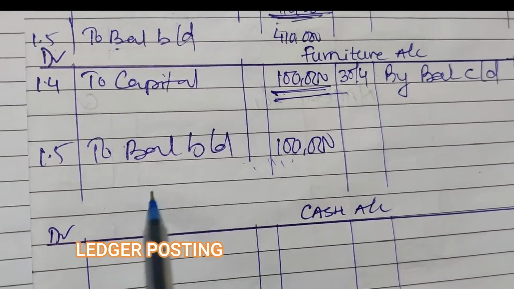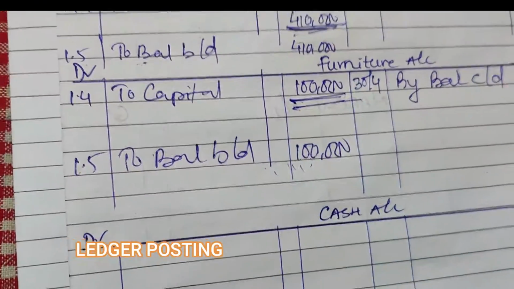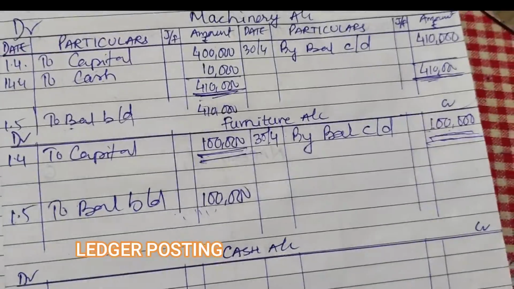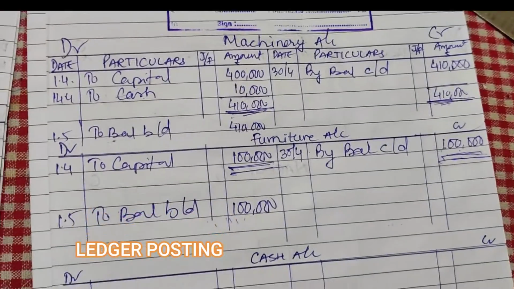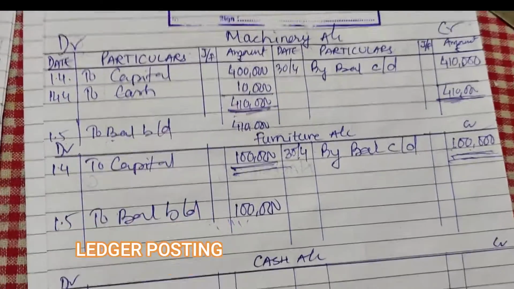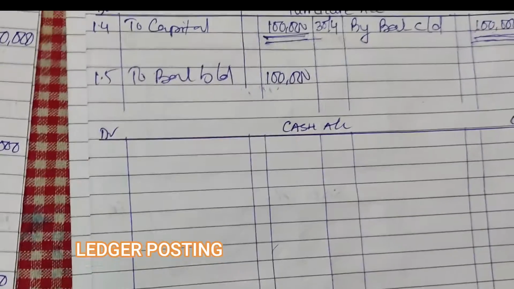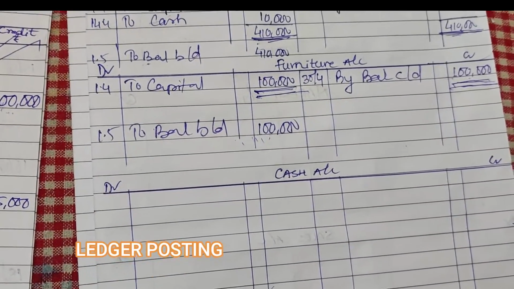Because next month we will start again. We will continue with this. So, individual ledger, one page. In order to save pages in school, we are doing all the ledgers in one page, but in practice all the ledgers are done on separate pages. Here we cannot do it in school like that, one page, one ledger.